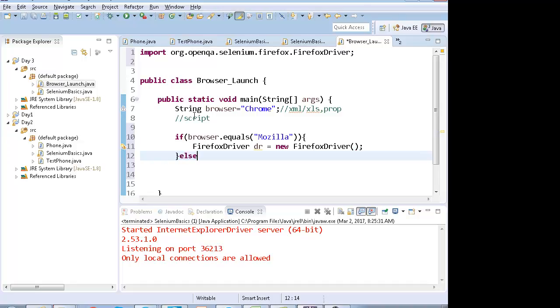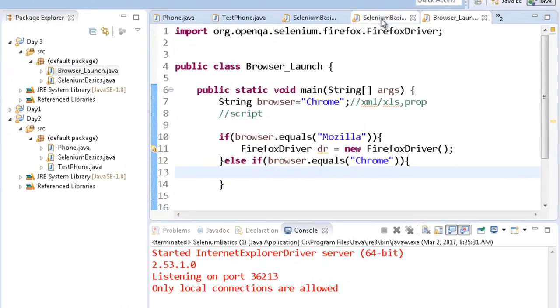Else if the browser is Chrome, then you can initiate the Chrome browser.